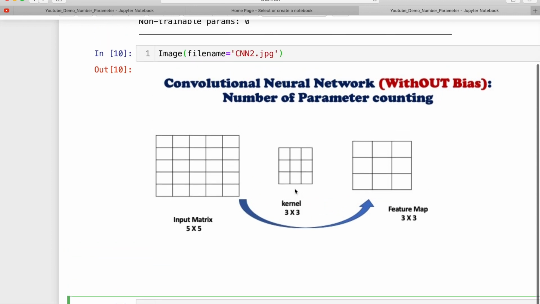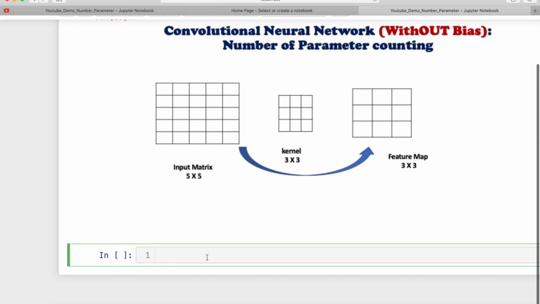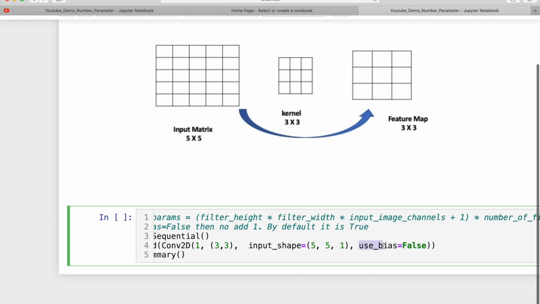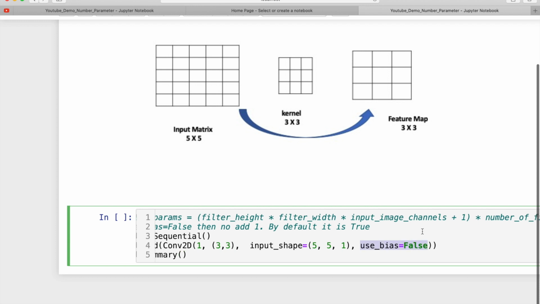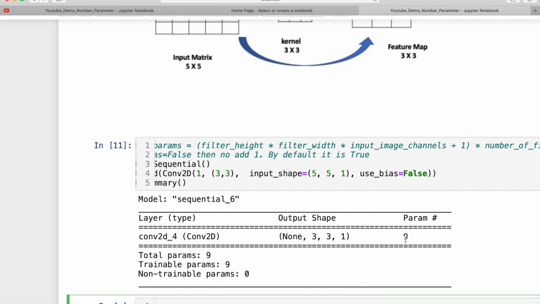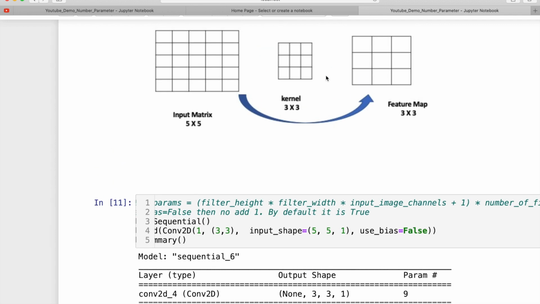Now you tell me how many parameters there would be. Just 3 into 3, 9. Same code I have taken, I just add one parameter here, use bias false, meaning I don't want bias. Now it should be 9, see, just 9. It is not considering the bias here.